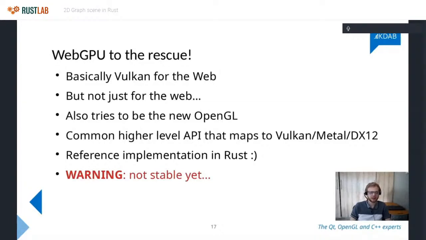And in many ways, they say that WebGPU tries to be the new OpenGL. So it is a bit simpler to work with than, say, Vulkan, which is sort of true of OpenGL as well. So yeah, I think WebGPU is a really natural fit to solve this problem we had, because if we write all our nodes in WebGPU, we only need to write them once, and they're going to work everywhere. And we are quite lucky that Mozilla has a WebGPU engine in Rust for us, so we can totally put this inside our Rust-only stack that we're going for.